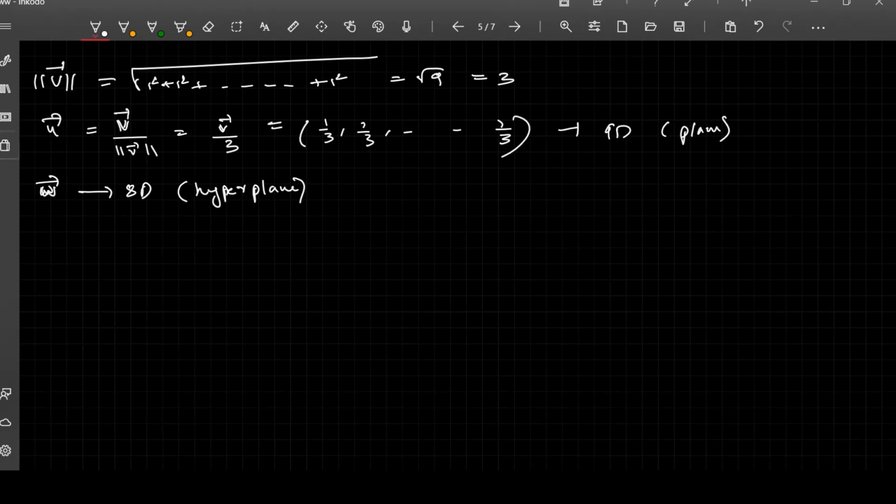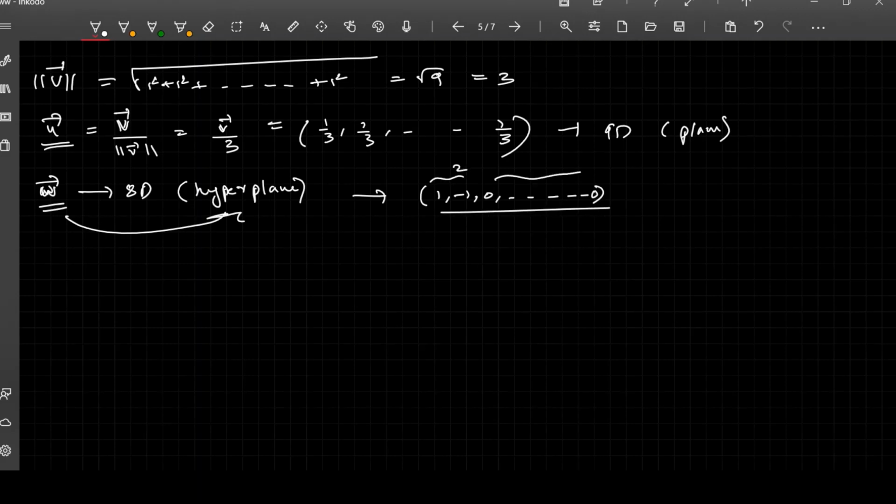And now we need to find a w vector in the hyperplane which is perpendicular to u bar. There can be infinite solutions as told. You can just take one, that is 1 comma minus 1 comma 0, 8 times, like these are 2 entries and this is 6, divided by root 2. This also must be a unit vector, so that is the reason I've divided by root over 1 plus 1, that is root 2. Now you can just multiply them, and you can see that it is actually 0. This is 1 by 3 root 2 and minus 1 by 3 root 2, so this is equal to 0.